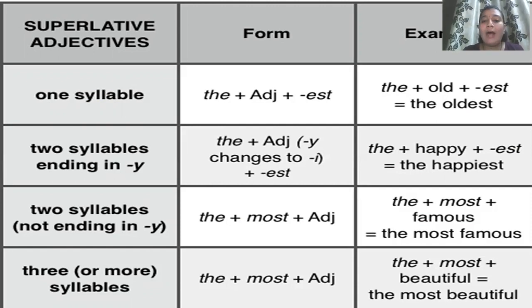Similarly, if we want to identify that in this particular sentence superlative adjective use hoga ki nahi, we need to see if the adjective is having the word the before it. So superlative adjective will always have the preceding it, यानी कि superlative adjective के पहले हमेशा the आएगा ही. This is a very compulsory rule. Please keep this in mind whenever you are using superlative form of adjective. The will always be coming or used before it.